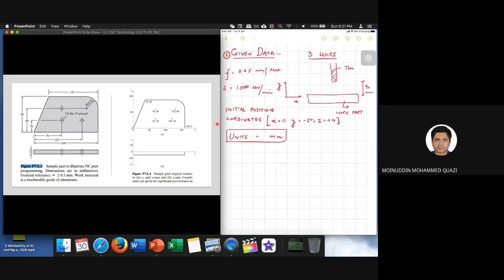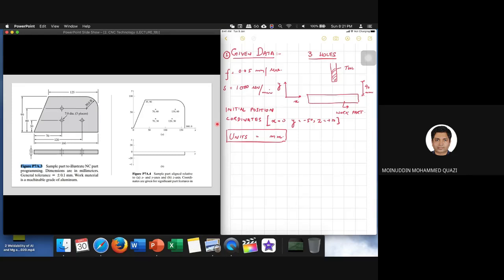So what should we do first? First of all, we need to tell the computer that I'm going to give you orders in millimeters, not in inches. This is the first order that I need to give. To give this order, open your G and M code table, go to table 7A.2 and see where it is written that I should give the orders in millimeter. Go to G21 code, and you can see that input value is specified in millimeter. So now I will use this code and tell the machine everything from now on will be in millimeter.